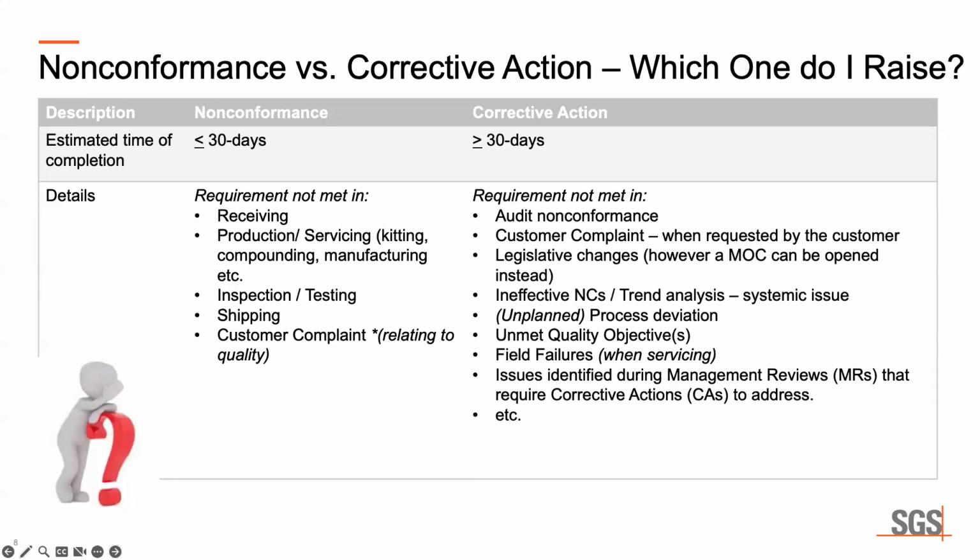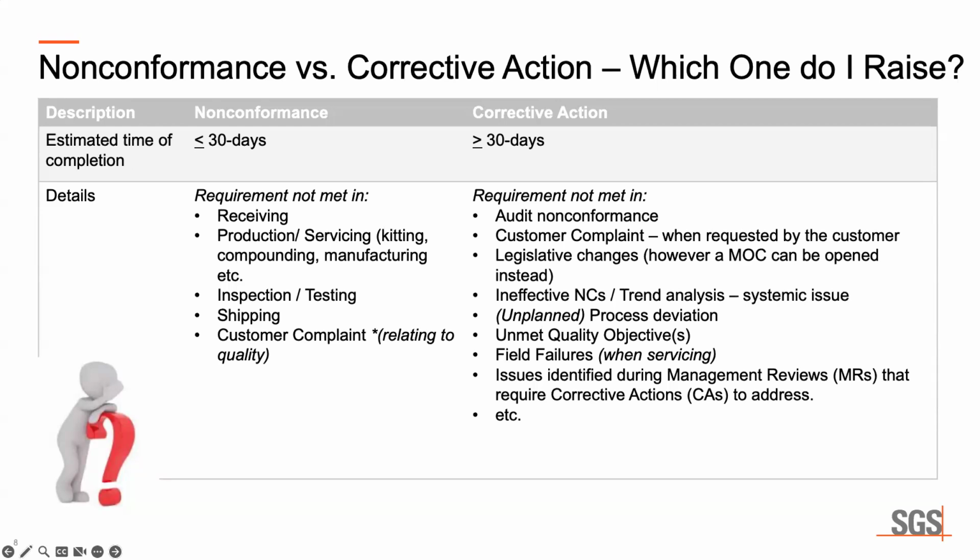And you'll notice that 4 out of those 5 bullet points are internal. So I want that to illuminate the proverbial light bulb in your mind. 80% of nonconformances can be stopped within your organization. That leaves 20% of nonconformances that are customer-based. Where do you find them? In your customer complaint register.